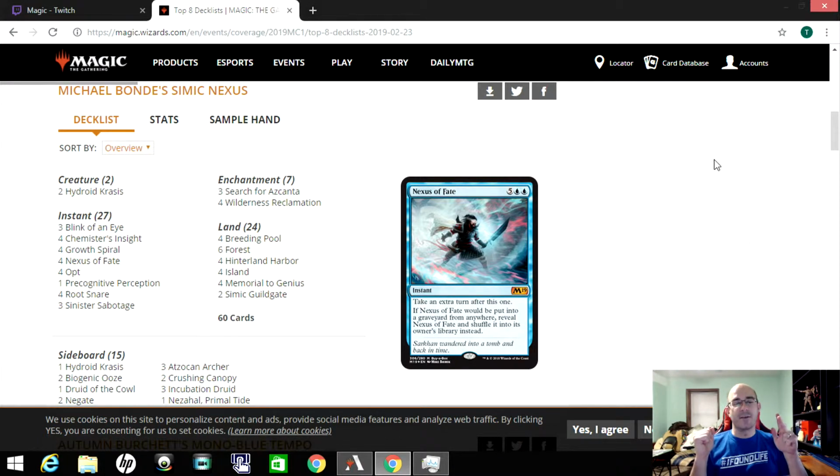I don't actually have some of the cards from this deck, mainly the Nexus of Fates here, so I figured I would just show you the full deck list in this format rather than pulling out cards I don't have or trying to show you some other way. So anyway,